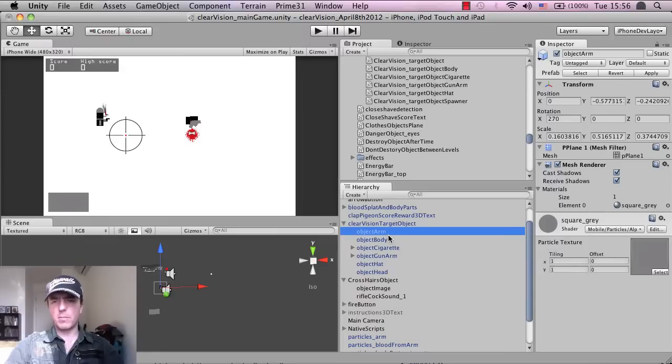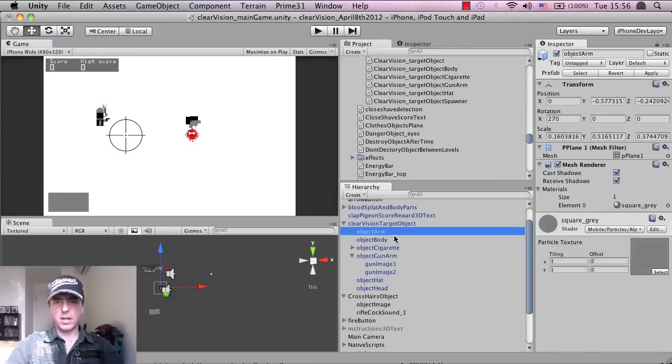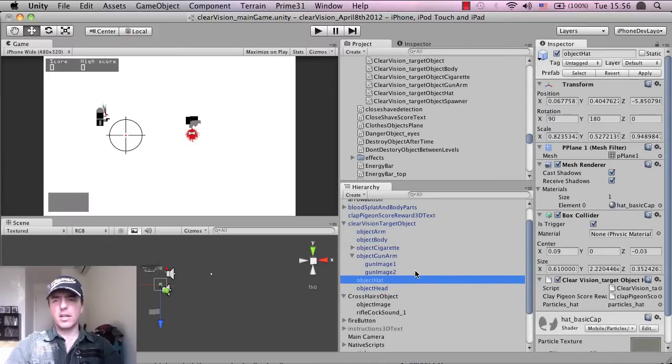One part is the arm, which is the front arm, which doesn't stick out. It's not this one, that's actually the gun arm. So for example, these are all sub-objects: the top of the arm, the bottom of the body, the head, the hat, and so on. And why I've broken those up is that if you shoot one of them, then we can basically delete that off the character. So for example, if somebody shoots the gun arm here,